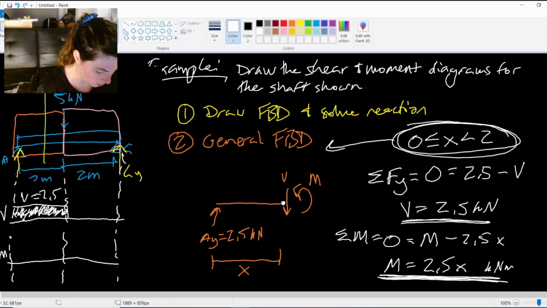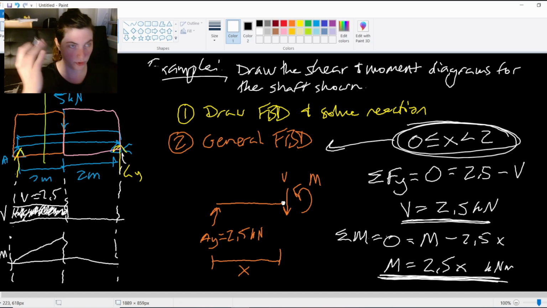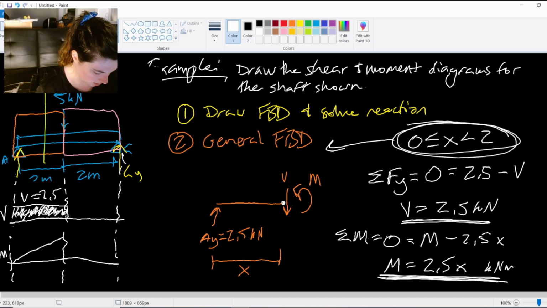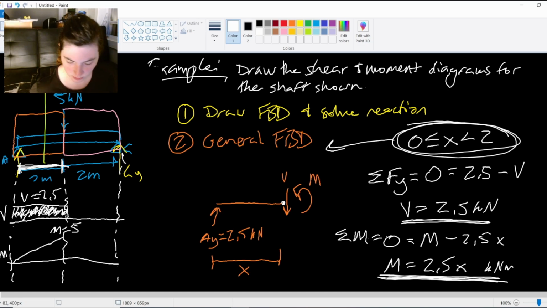So I know that if I'm going to plot this, it's a straight line of slope 2.5 with a max moment, moment equals 5, at the top there. And that just comes from this 2 meter distance here times the 2.5. So that would be the moment portion